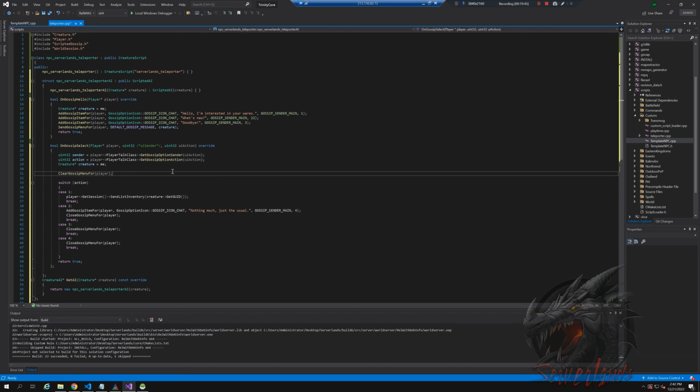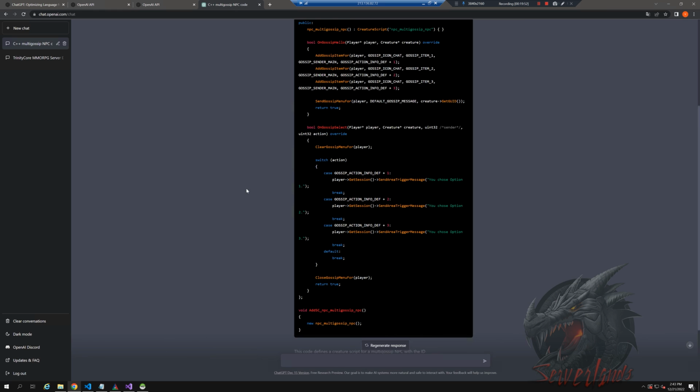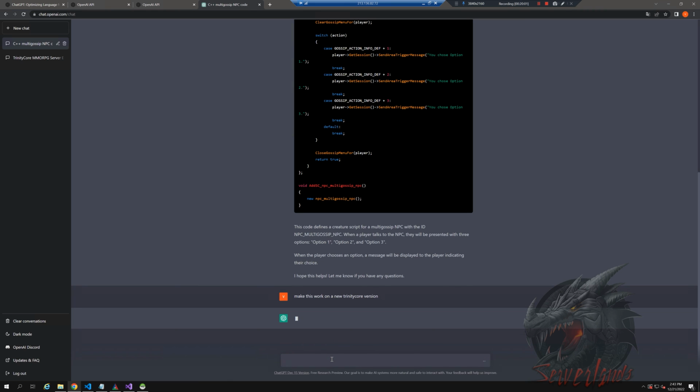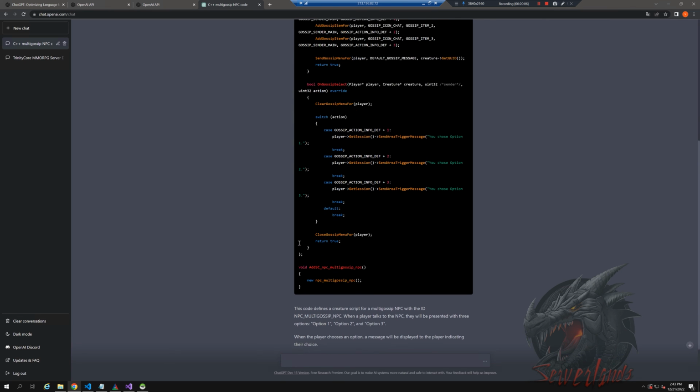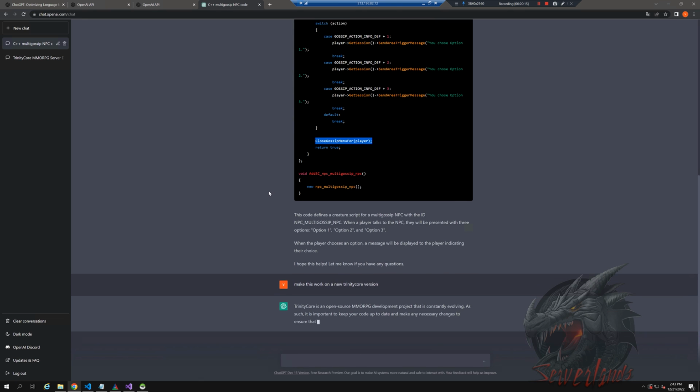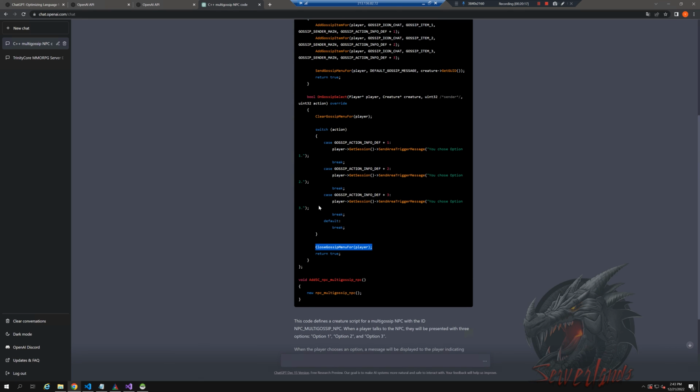Now, if I save it, it will work, but I want to check one more thing with the gossip system. Make this work on a new TrinityCore version. Let's see if he knows what it actually does. What does it even mean? Let's see if it can do anything. Because in here it says close gossip menu 4, so that's well, it's like